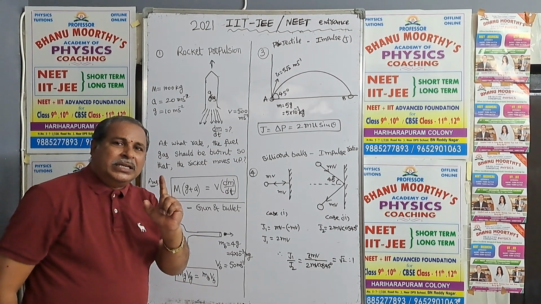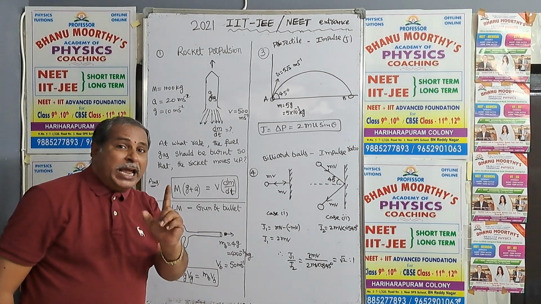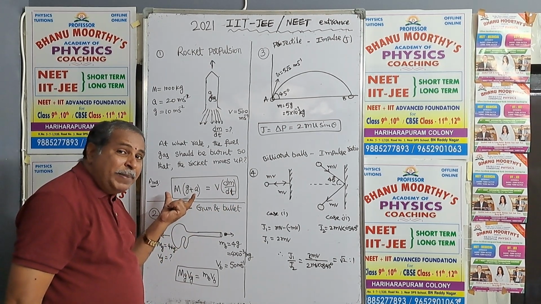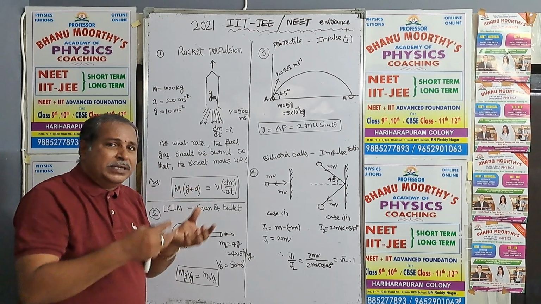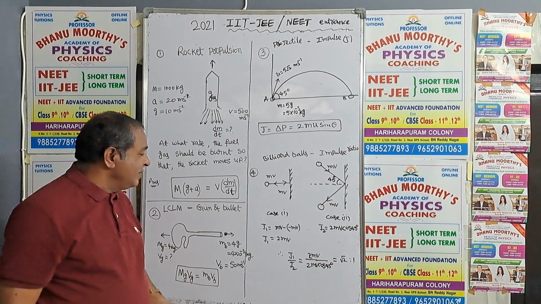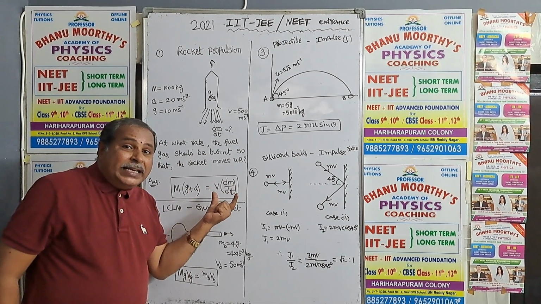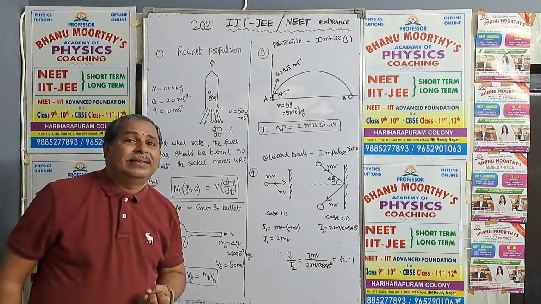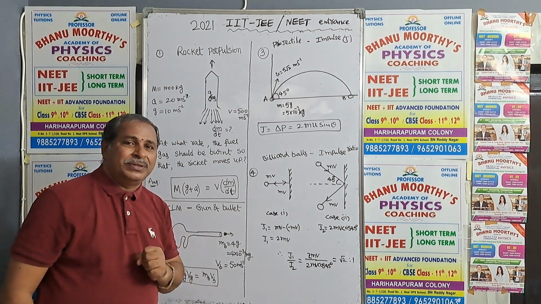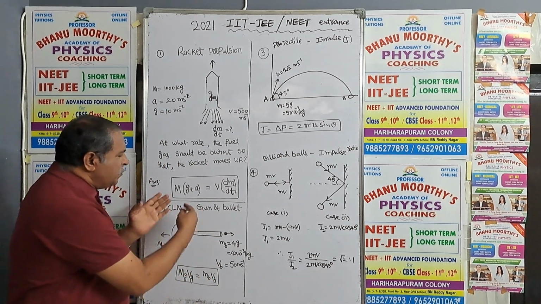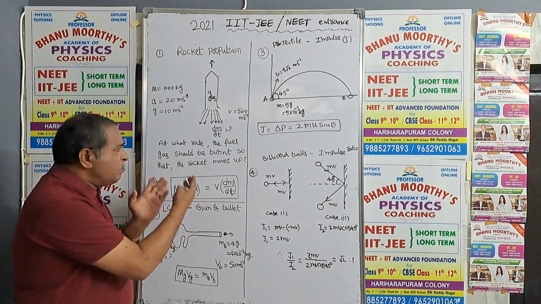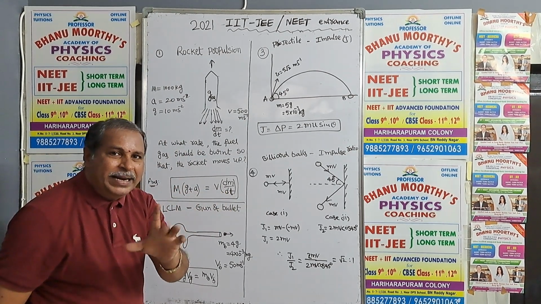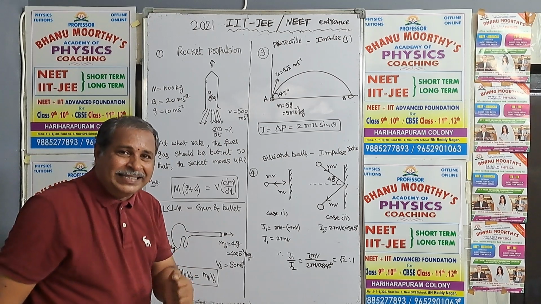According to Newton's second law, F equals to ma, no? So this is upward motion, F = m(g + a). When the rocket moves upwards, apparent weight we can call it as. And this is force exerted by the jet of gases. Velocity into rate of mass. It is also representing one force. Okay. So if you substitute all these values in this case, mass, velocity, acceleration, like that, you can calculate dm by dt, rate of mass of the gas.